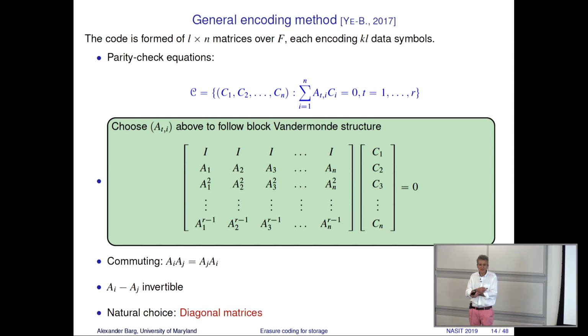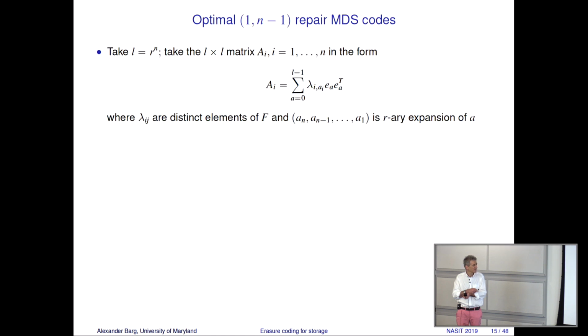So which matrices are such that their differences are invertible? Well, I cannot think of anything else but diagonal matrices. So we shall take diagonal matrices for that. And then everything will be in place. So we just need the differences to be invertible. We need as many non-zero elements in the field as there are, as the total length of the diagonals. And that will be a natural restriction.